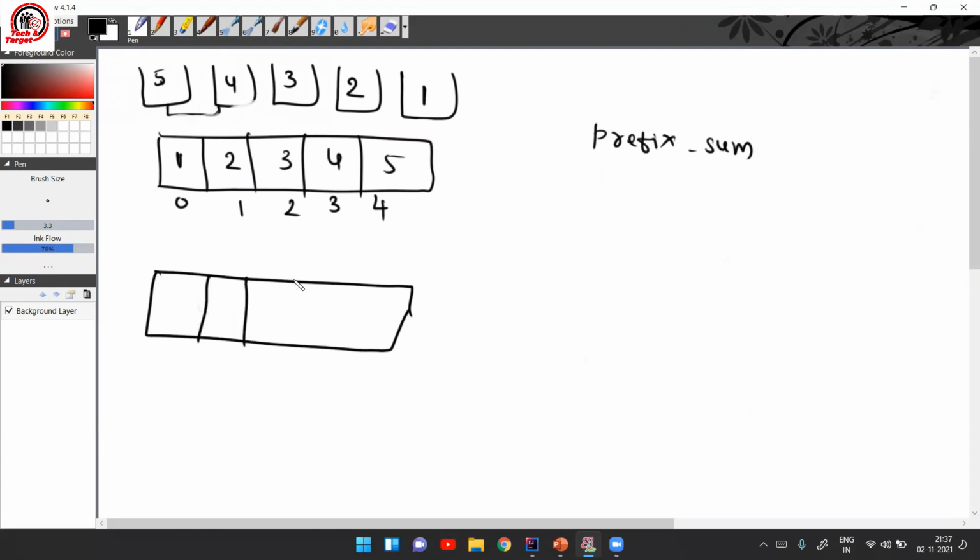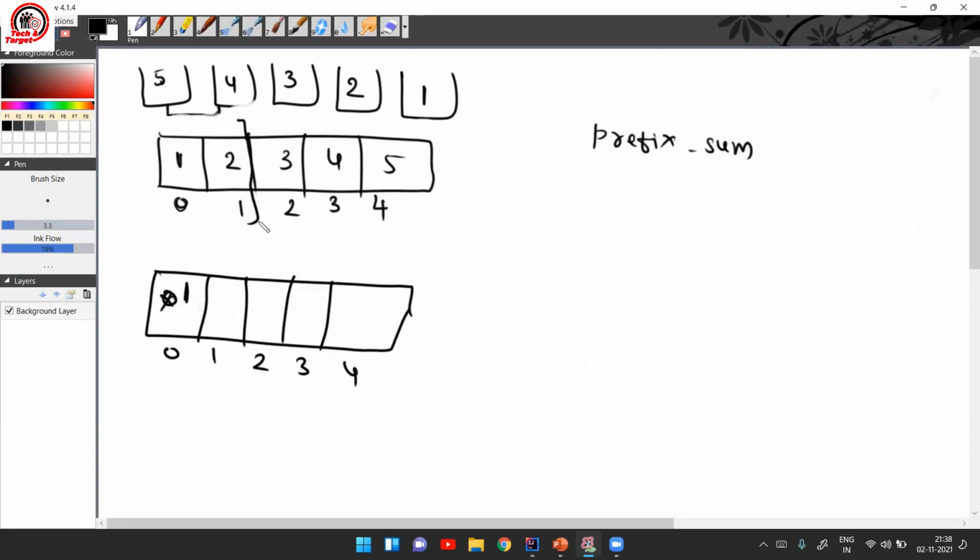Now according to this question, we are having this, okay, so 0 1 2 3 4. Since we are having only one index, to add we need two numbers, but at the first index we'll be able to get only one number, so we'll not be able to do anything. So either we may ignore it and keep 0, or else you can just copy the same element inside. Now, at every index you will try to find what is the sum until that particular index.